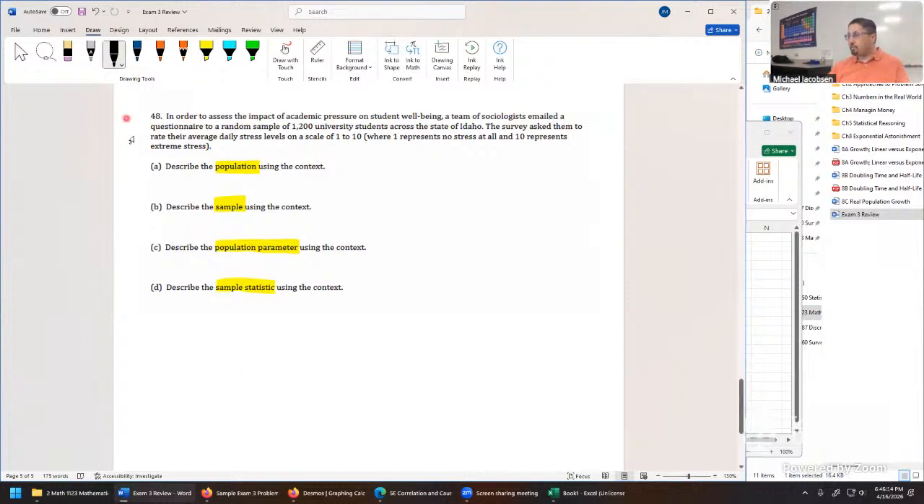You know, this is the order we typically write the questions. It's the order the definitions were given. But notice a key word here. It said random sample of 1,200 university students across the state of Idaho. That's a really big keyword there, almost a dead giveaway for one question already. Let's do part B first. There's nothing that says you have to do these in order. And if something jumps out at you, go for the thing that jumps out at you. Random sample means the sample in this context is the 1,200 university students